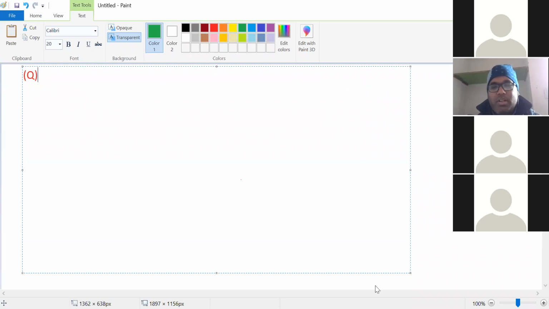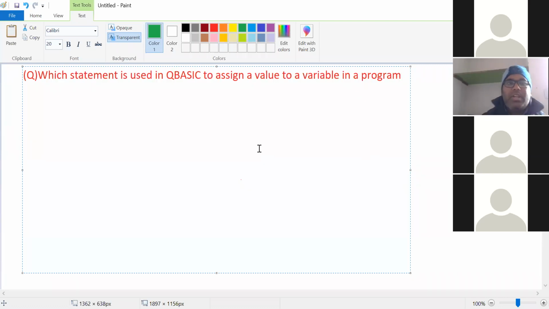Next question. Which statement is used in QBasic to assign a value to a variable in a program? Answer everyone. Options. Without options, you cannot answer. I also know, you also know.